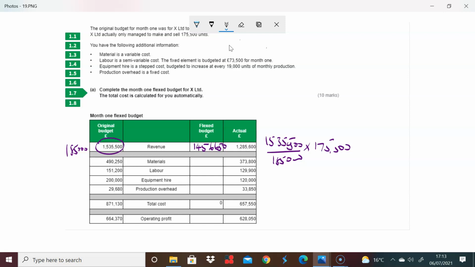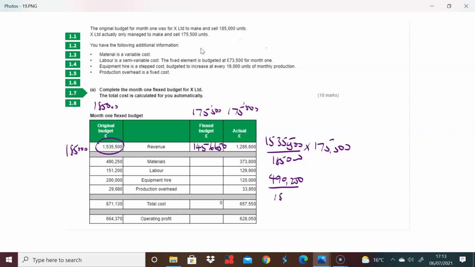Remember, flexing the budget means that this is the original budget for 185,000 units. This is the budget for 175,500 units because you also have the actual at 175,500 units. Okay, great stuff. That's the first thing. It says the material is variable, so this is nice. So we know that again, this is literally